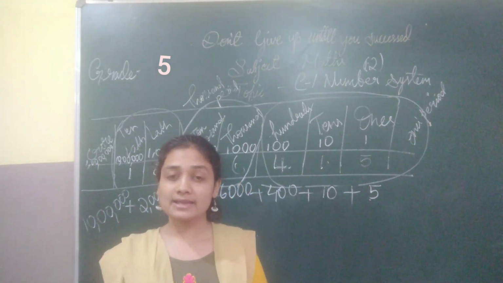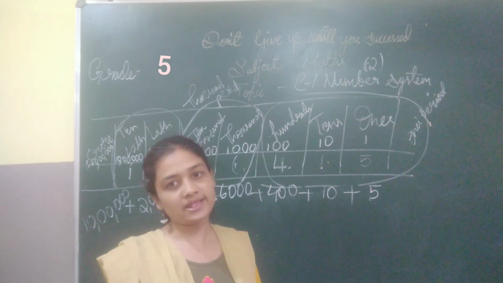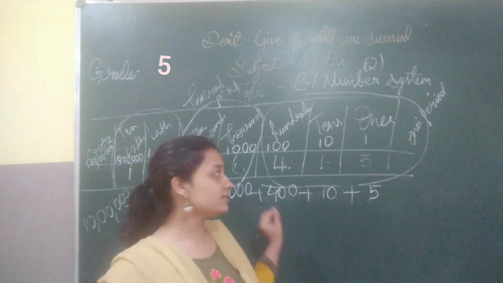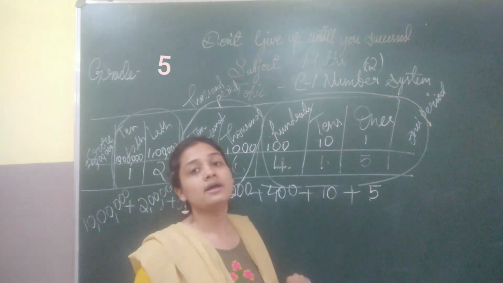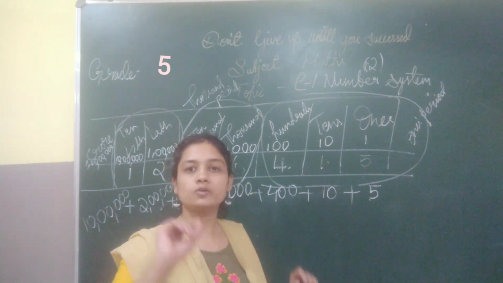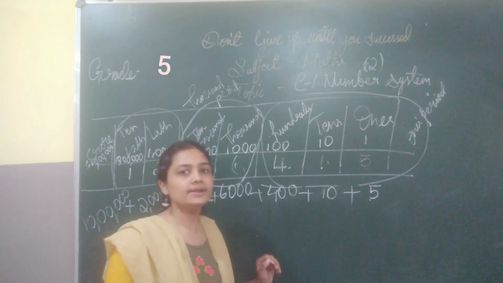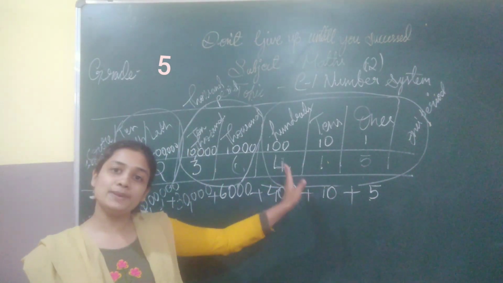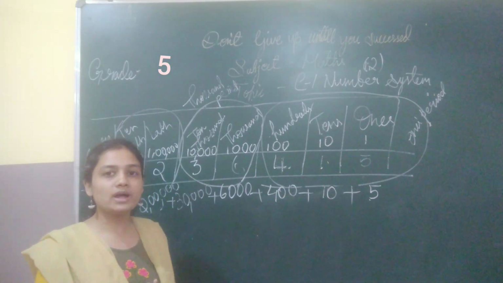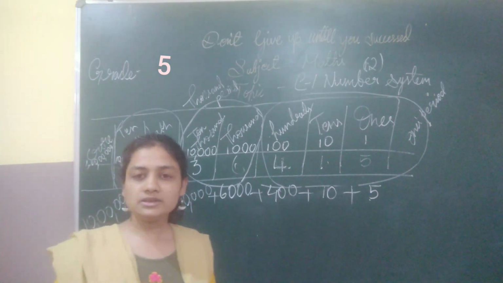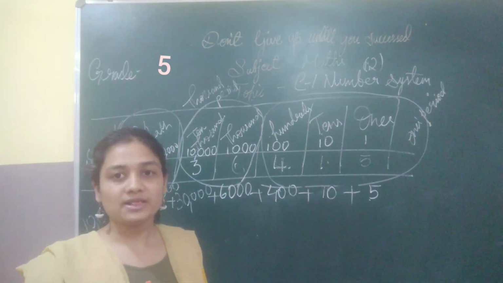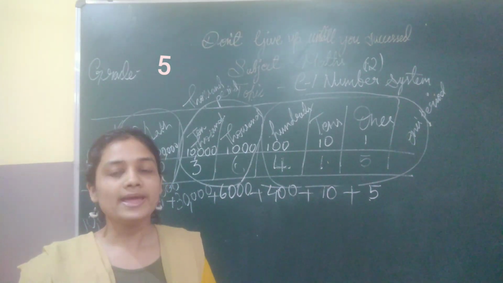So in the last class we learned the Indian place value chart and we also learned how to place the numbers in the places, how to read the numbers, how to insert commas and how to write the numbers. So same thing, you know how to take the place value also. Now I had given a hint of how to expand numbers using this place value. Today we will be learning about expansion.